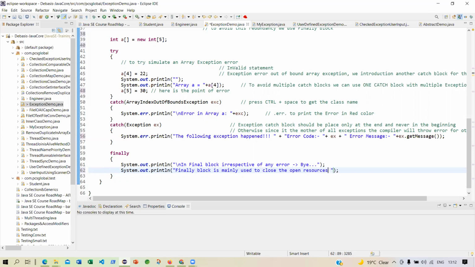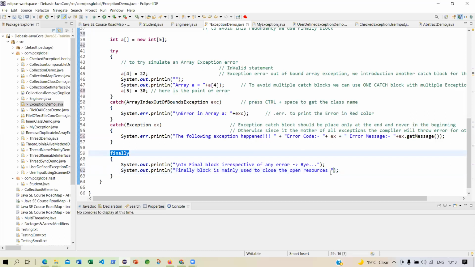Here there is no open resource because an array is not a resource. But if I have handled a file, or worked with a database connection, those are the resources. If I have to get a connection to the database, I have to open the connection. If I have to access a file, I have to open the file. So the file is open, the database is open. So I have to close all these resources in the finally block only.